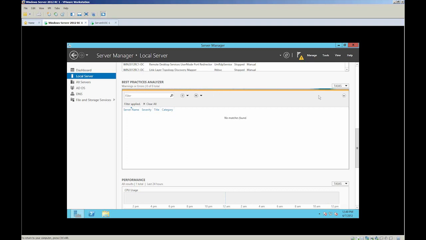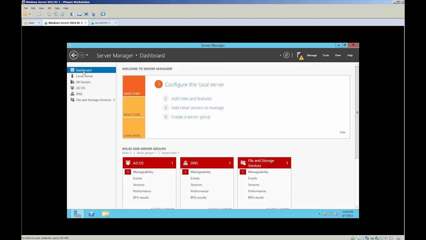Now, here's what I'm going to tell you. While this thing is running, because I don't know exactly how long this will take, it went pretty quickly for me when I did it the other day, but I don't want to have us sitting here just waiting on it. Let me go ahead and jump back to the dashboard while it's running. What I will tell you is when it's done, and this might even happen while we're talking, actually I can already see it happening, manageability is going to no longer be red. It's not going to have the error, but the Best Practices Analyzer results will have an error, or at least an indicator. Now first of all, let me hit refresh here.